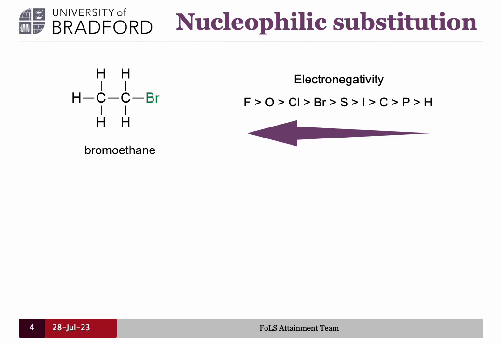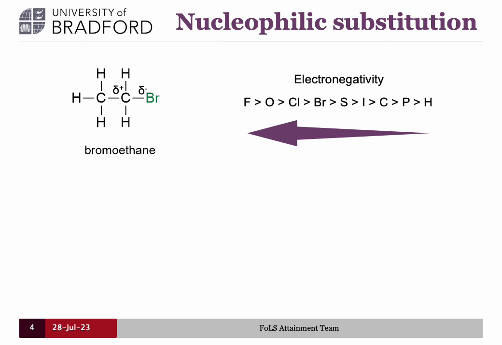As we see, bromine is more electronegative than carbon. So in bromoethane, the carbon atom has a partial positive charge, while the halogen, in this case bromine, has a partial negative charge. This makes this carbon from bromoethane the electrophile in our reaction, meaning that it will want to